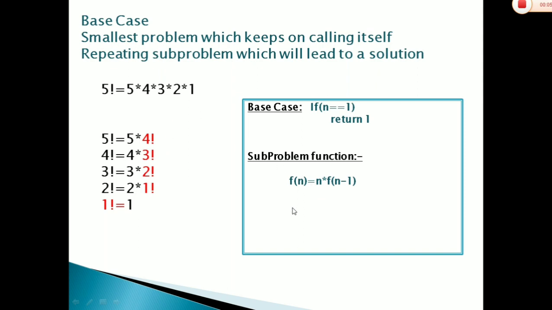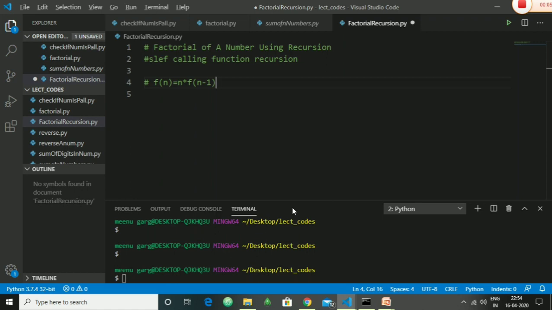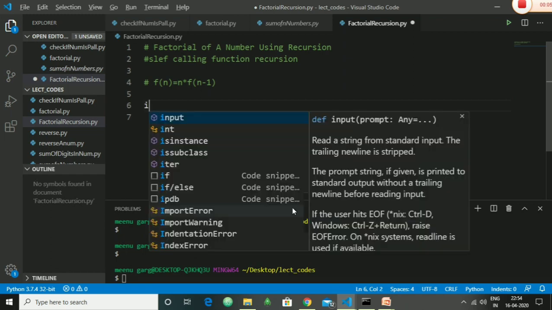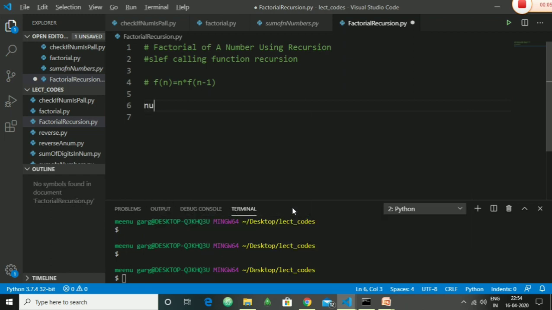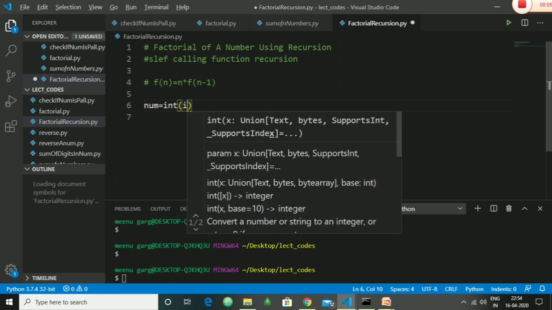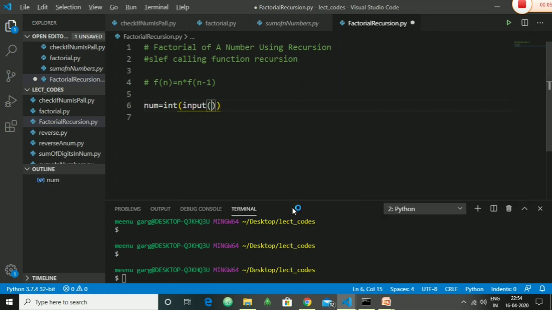I hope you are getting the feel of it. So now what is left? We just have to write this whole procedure in the form of code. So first of all, let me take a number as an input.